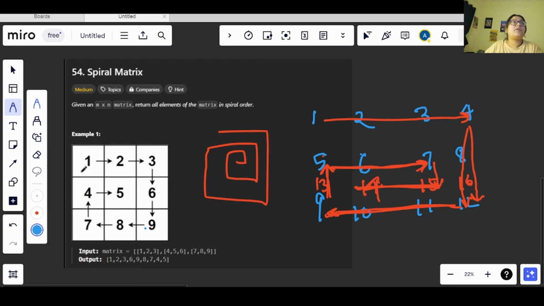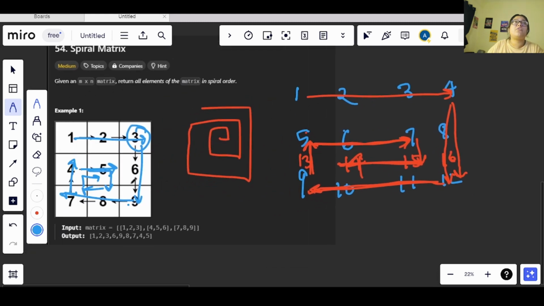What we are doing here is, once we reach the last column of this row, we move down, right? And then after that we move towards the left, and then we go to the top. If we have more elements, we will follow the same. From here we will go towards the right, then to the bottom, and again to the right, and this is the format that we will follow.